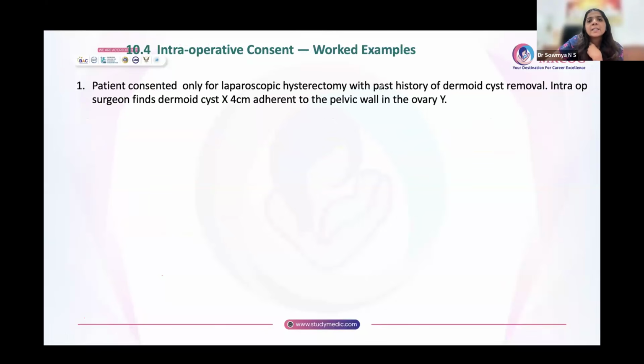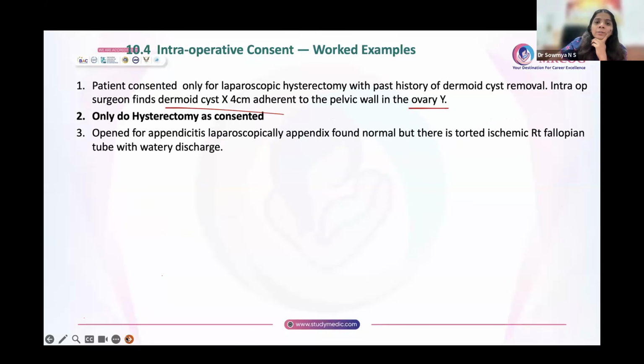Patient consented for laparoscopic hysterectomy with past history of dermoid cyst removal. Intra-op, the surgeon finds a dermoid cyst adherent to the pelvic wall in the ovarian fossa. Basically, they have given consent only for hysterectomy. So please do only hysterectomy. Even though you can see the dermoid cyst, you can't do much unless she has